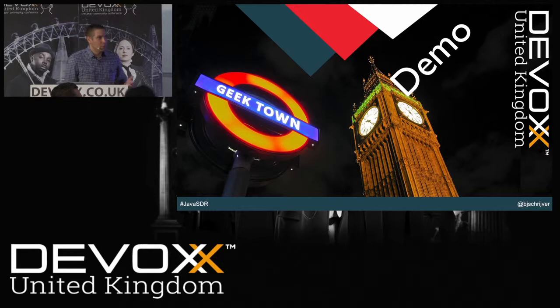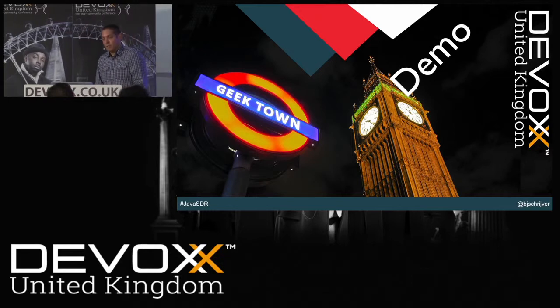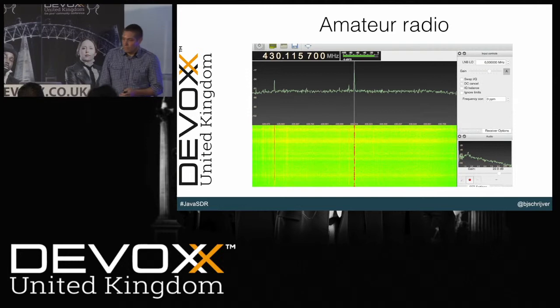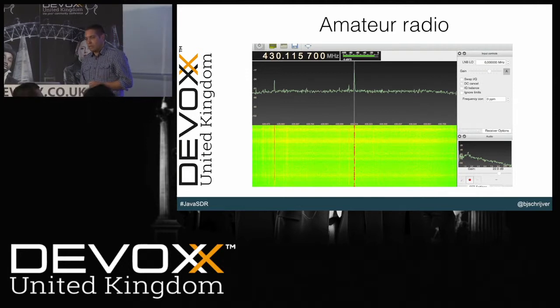So these were two signals you can pretty easily pick up. There's other stuff. Amateur radio, guys with licenses to transmit on a specific bandwidth, is pretty widespread. This is something I recorded a week ago. Seems like these are some guys trying to fix a hard drive in a Linux computer.